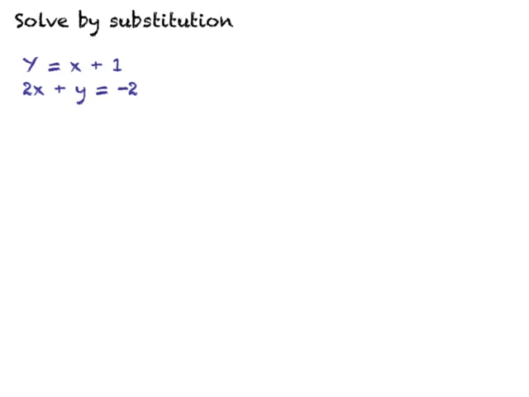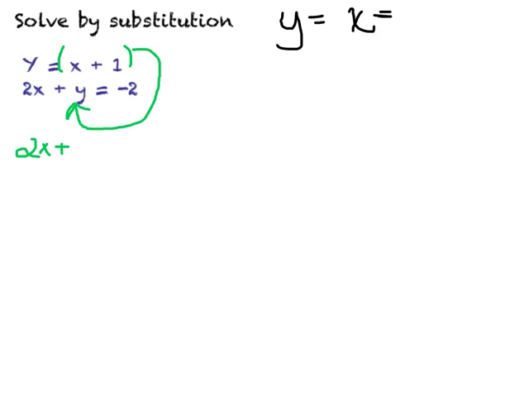Now let's look at this example. Same thing. Remember that you're looking for an equation that starts off with y equals something or x equals something. So which one of these says y equals or x equals? Well, that would again be the first one. It says y equals x plus 1. So let's go ahead and substitute in y equals x plus 1. So I'm going to plug that in for y. And I'm just going to rewrite my equation. So I have 2x plus, instead of y, I'm just going to put in x plus 1